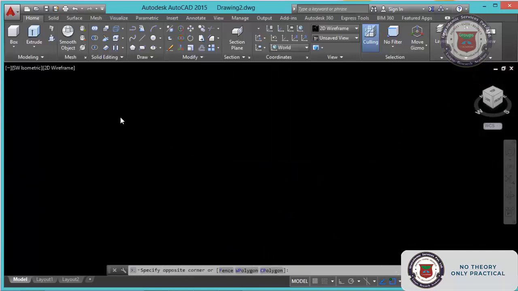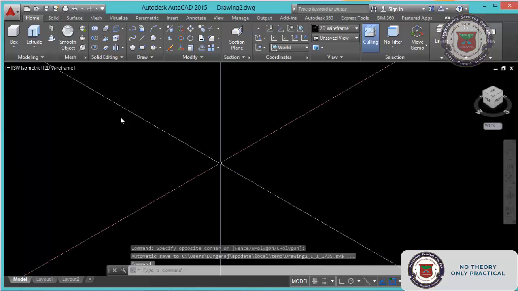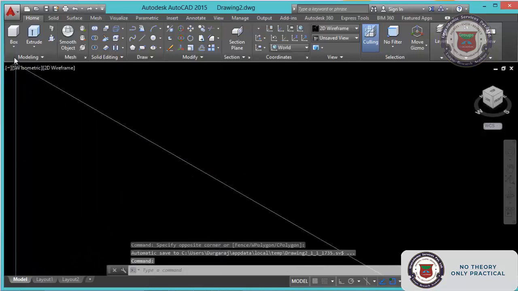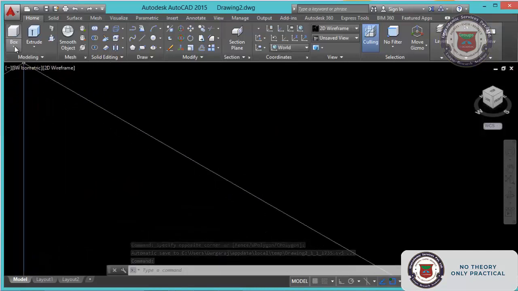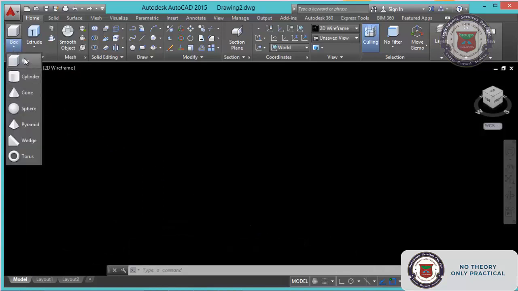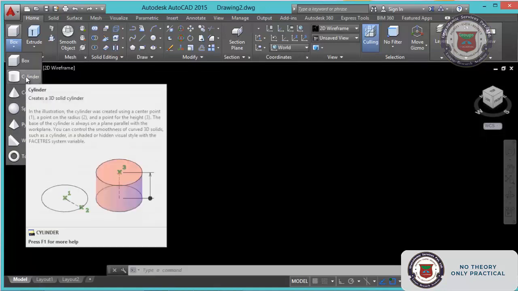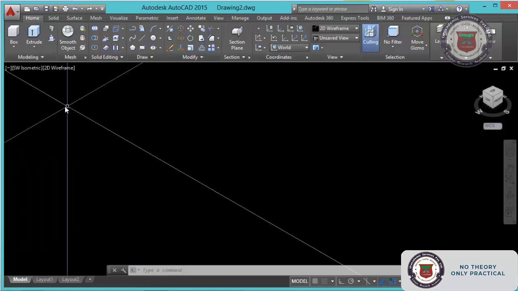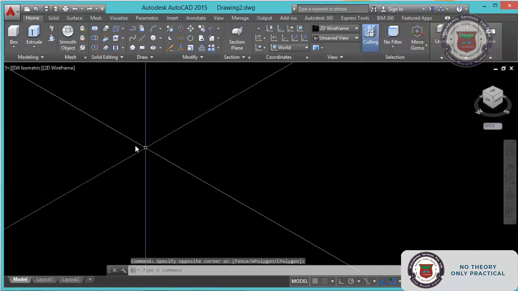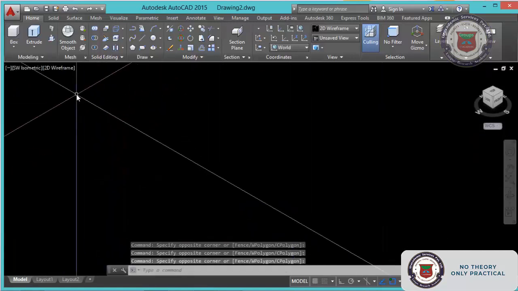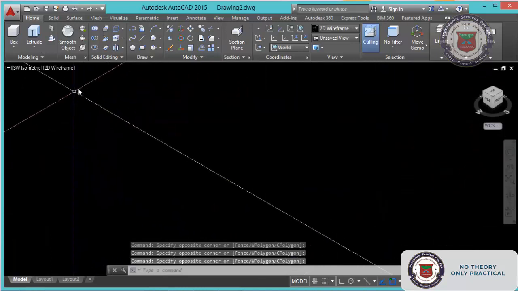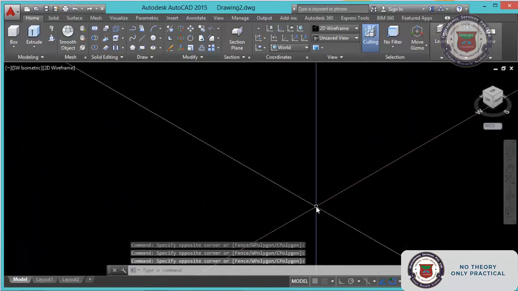Welcome back to AutoCAD 3D session. Okay, last class we have seen modeling commands in which we have seen box, cone, sphere and wedge. There are another 3 commands we have to see in the modeling. I think in last class we have seen in the AutoCAD 2005, but that is a little bit upgraded version.